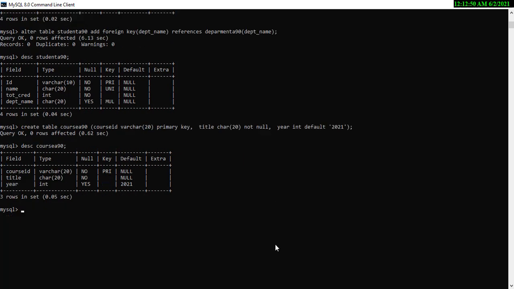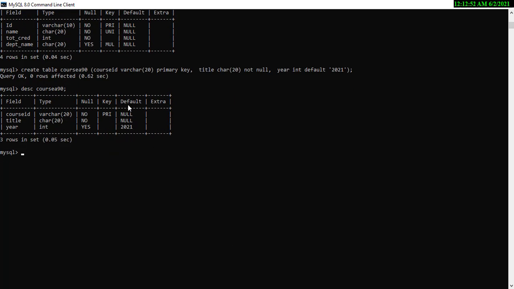You can see that the default is 2021. So if no values are entered, then by default the default value is going to be entered in a particular row, right?